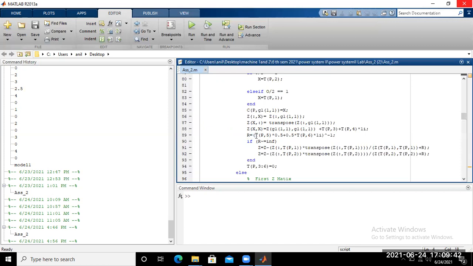Similarly z if xx, that means z g1 1 1 g1 1 1 plus transmission line p comma 3 plus t p4 into 1i. Okay, so r equal to, that means resistance equal to t p5 into 0 plus 0.5 plus 0.5 into t p comma 6 into 1i minus 1. Okay, if r equal to